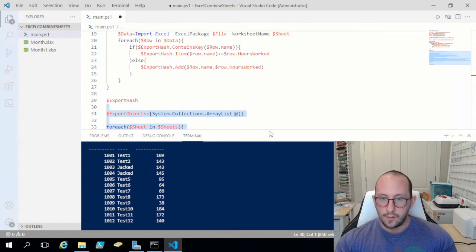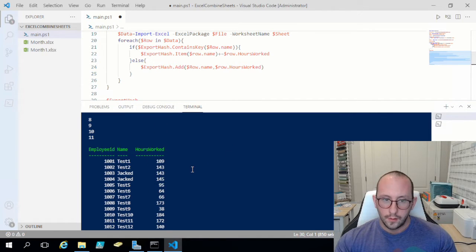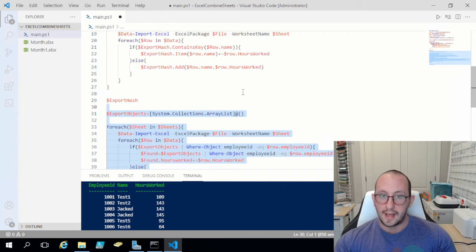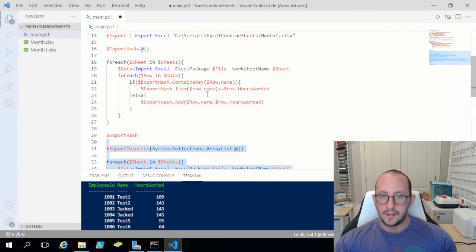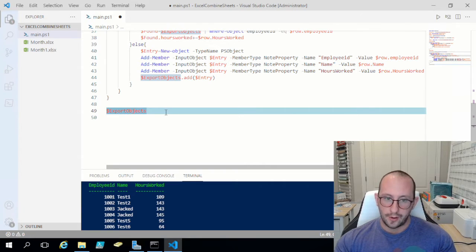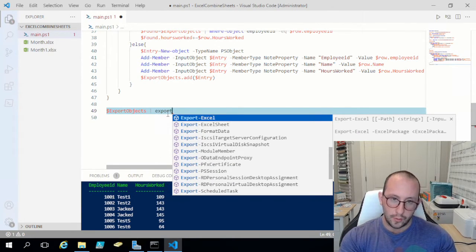So here we have our different employee IDs, our names, our hours worked, and even though there were 2 employees with the same name, it still calculated the hours as expected. And this lets you have more than one column, whereas the hash table method really only lets you have 2 columns. Then once again, once you have your export objects, all you can simply do is pipe that to